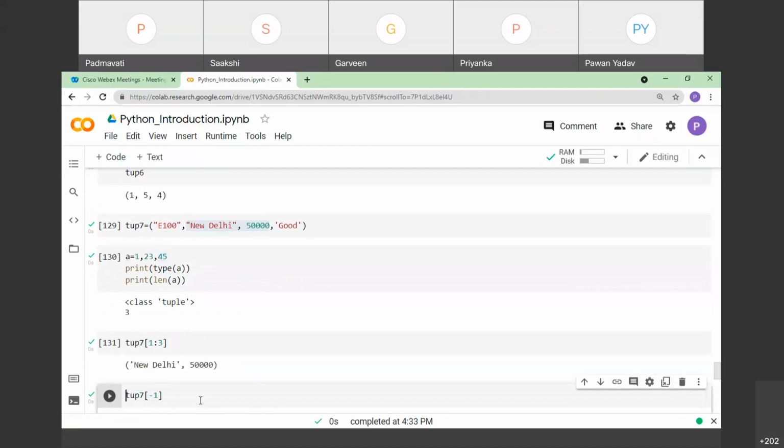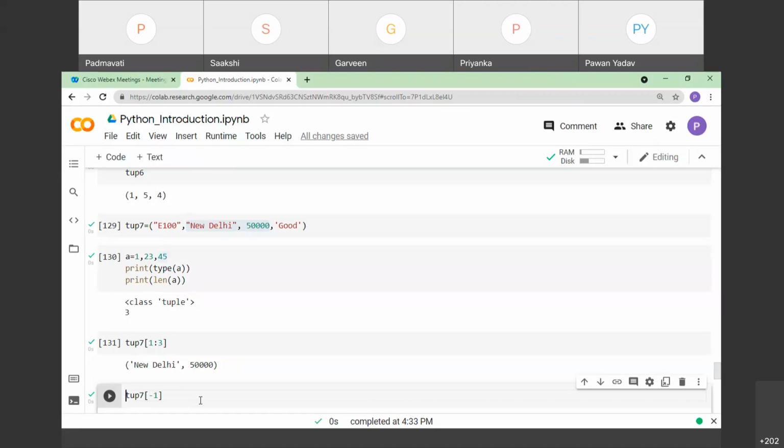So let us move to the next section. In the next section, how do I extract the elements with the help of indexing? We have done that. With positive values 0, 1, 2, 3, and so on, it goes to that particular location and extracts the corresponding element, right? When I give negative values, it starts from the last element.